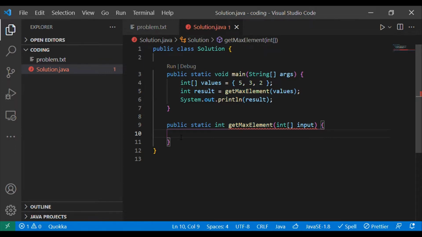Okay, so I will add an integer variable called max, and I will assign it to the very first element from the array, that is input of 0th element. So I'm initializing the max with first element from the array. Now